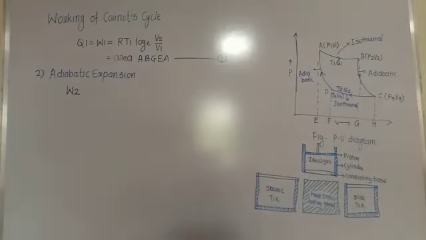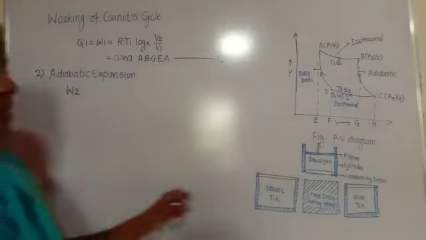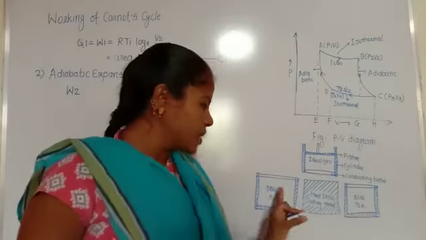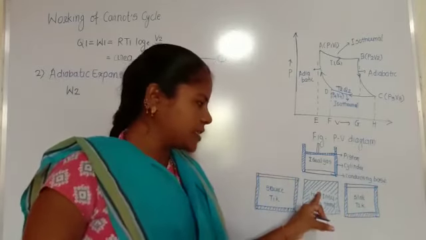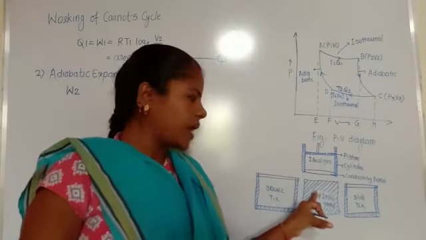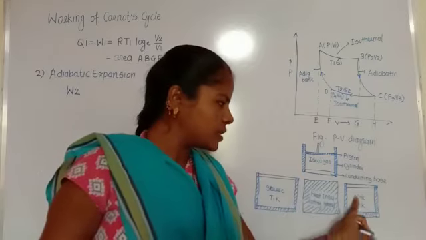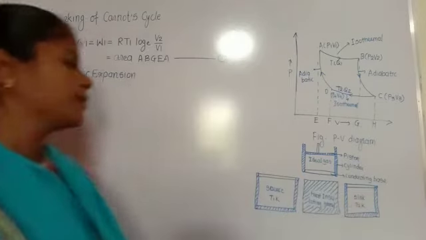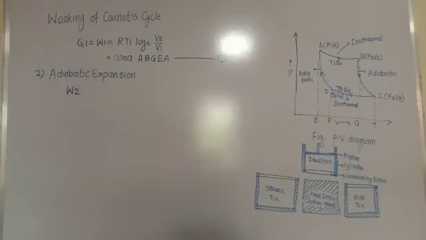When the cylinder is placed on the heat insulating stand, its energy is expended and its temperature falls to T2, the same as that of the sink. The sink has the lower temperature T2. So after placing the cylinder on the heat insulating stand, the temperature decreases, and this decreased temperature is equal to the sink temperature, that is T2 Kelvin. In this operation, the adiabatic process is represented by the adiabatic curve BC.